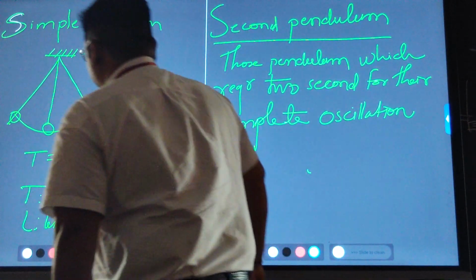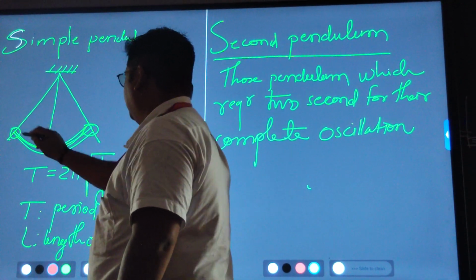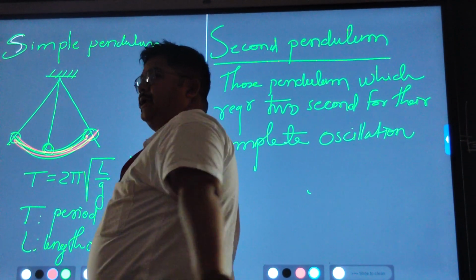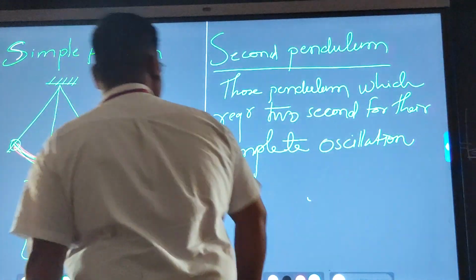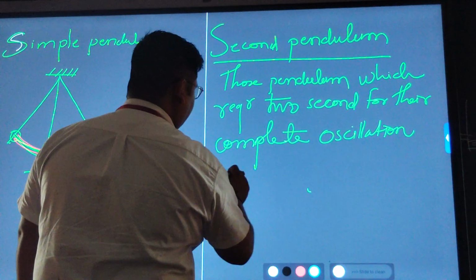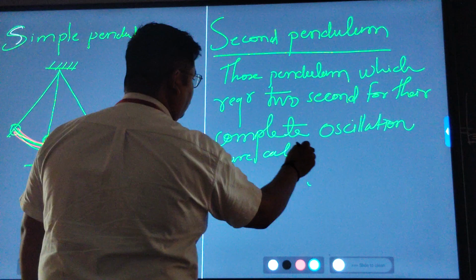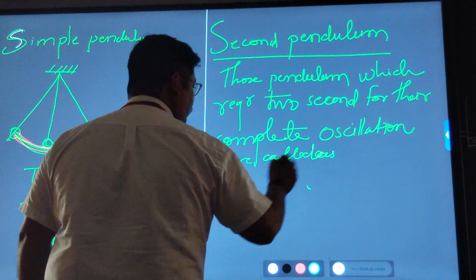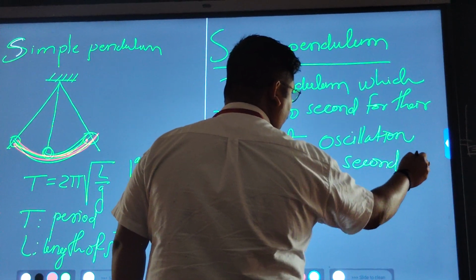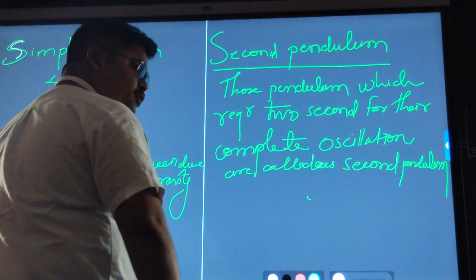कहने का मतलब क्या है कि ये जो पेंडुलम है यहाँ से मीन टू एक्सट्रीम टू मीन जो जा रहा है, तो इसको ऑसिलेट होने के लिए 2 सेकंड लगेगा. तो उसको हम क्या बोलेंगे? सेकंड पेंडुलम. Those pendulum which require 2 seconds for their complete oscillation are called as second pendulum. So according to the formula